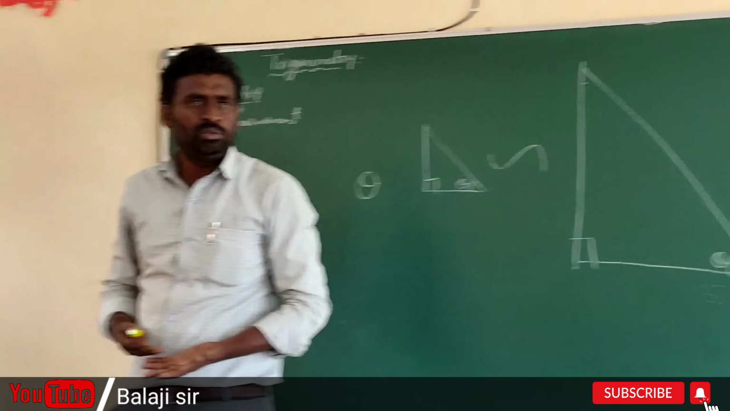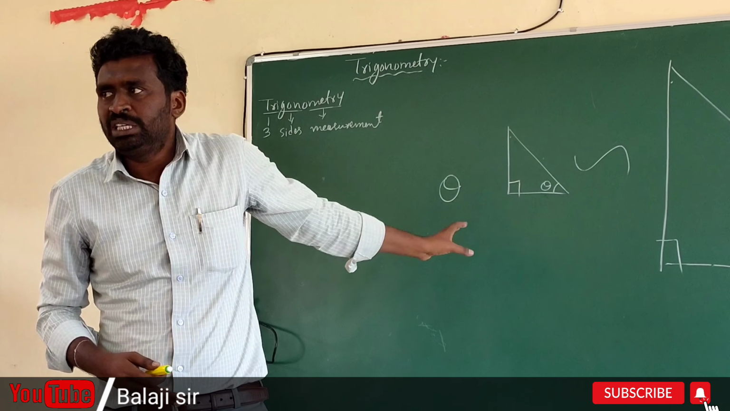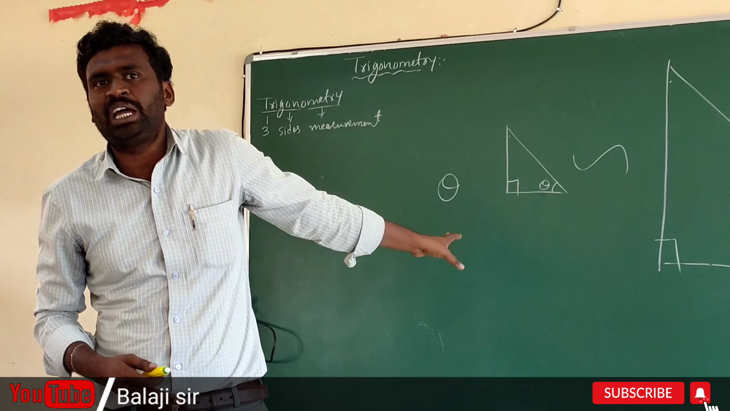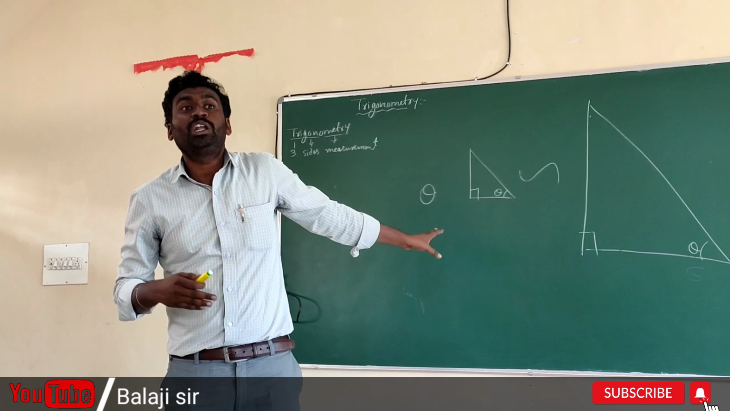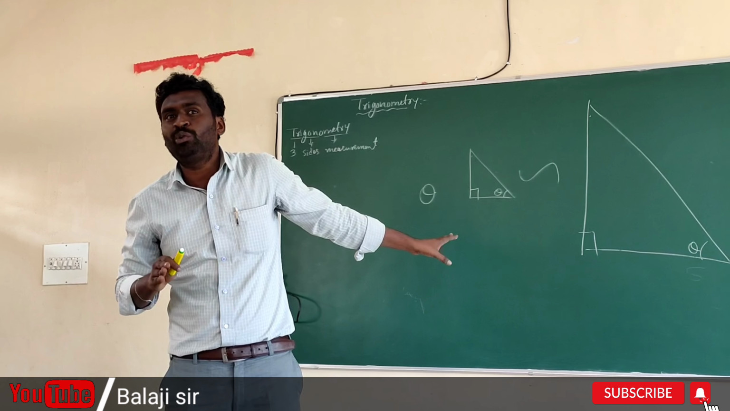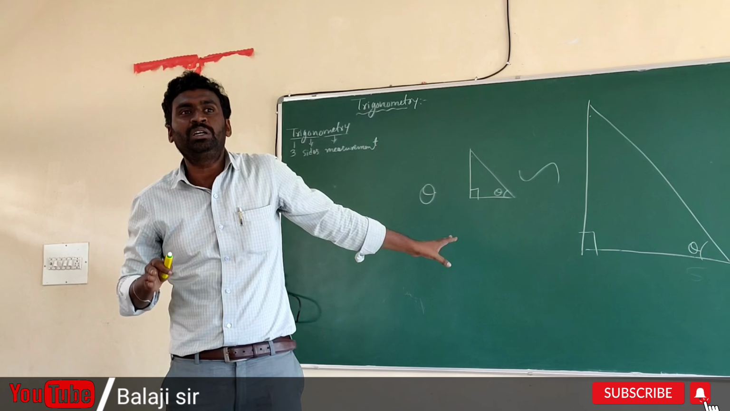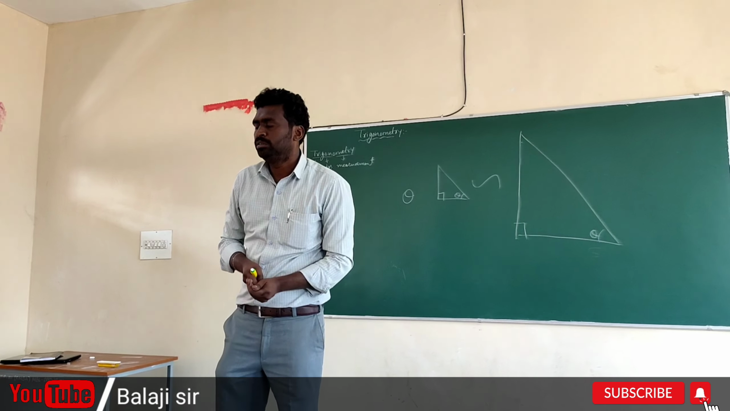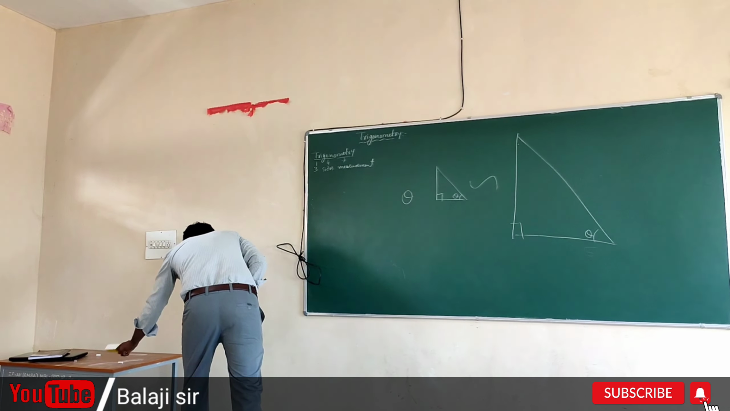What I am trying to say is that based on this idea, whatever may be the size of a triangle, if the acute angle is the same, their corresponding ratios are always equal. That's what we are making use of in trigonometry. Whether you understood what I said? Okay. Here, the next thing is